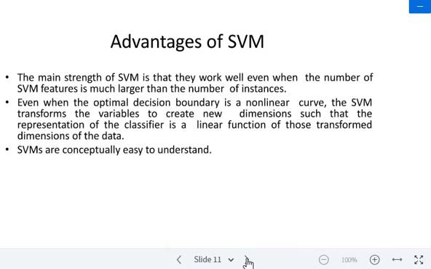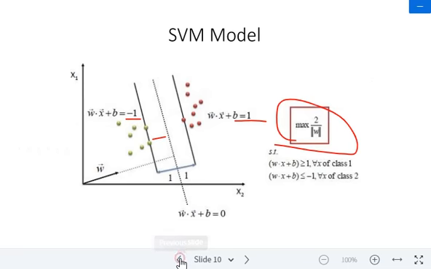Before going to the advantages, for all the points not on the hyperplane, they will be safely in their own class. If you see these data points which are not on the hyperplane, they are safe in their own class. Thus, the y value will be either greater than 1 or less than minus 1. So, the SVM algorithm finds the weight vector, that is W, for the features such that there is a widest margin between the two categories.